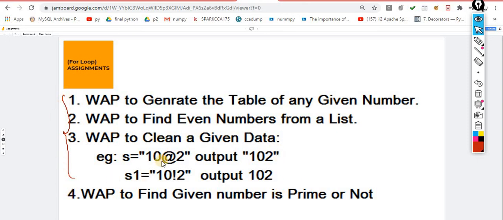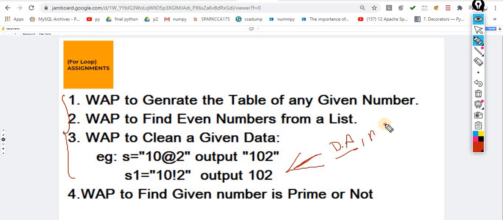These are the 4 assignments, and they are based on the for loop. This assignment is most important if you are entering the data analysis or machine learning field, because the first step of machine learning is data cleansing, and this assignment will teach you how to clean the data.